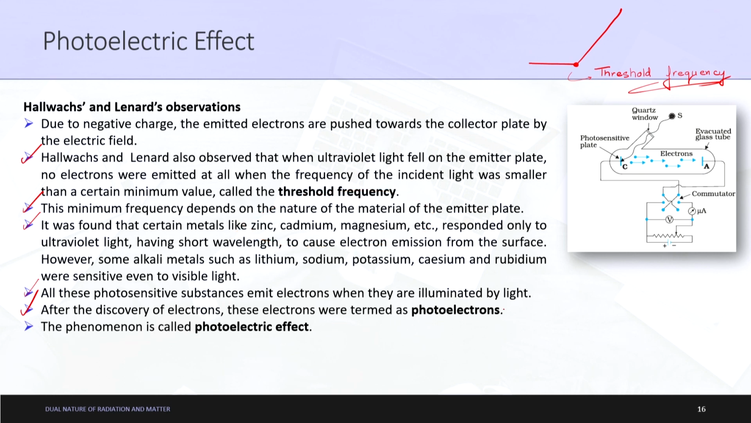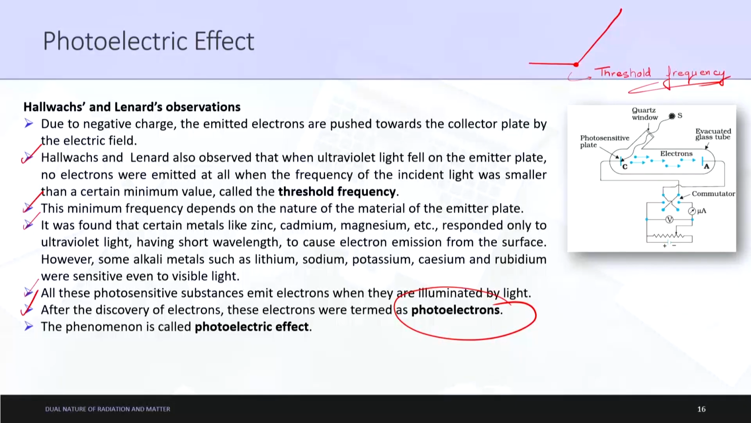After this, you should remember what are called photoelectrons. Basically they are electrons only, but because they are ejected by the phenomenon of the photoelectric effect, these electrons are called photoelectrons. This complete phenomenon, or this complete discovery, which is the complete procedure from the emission or